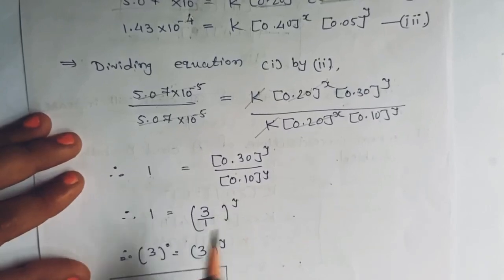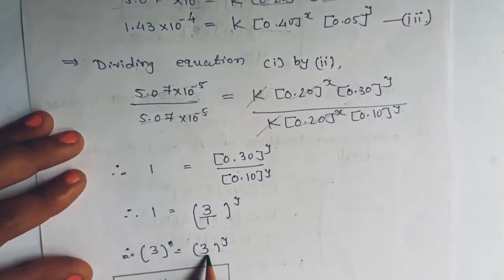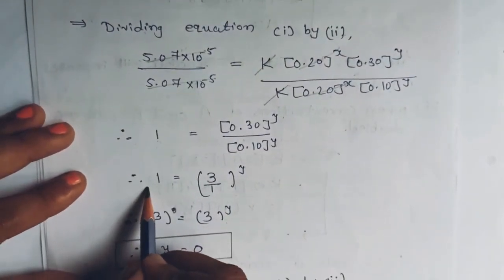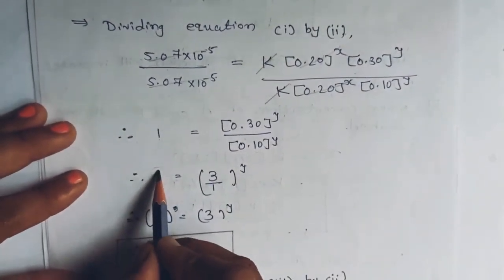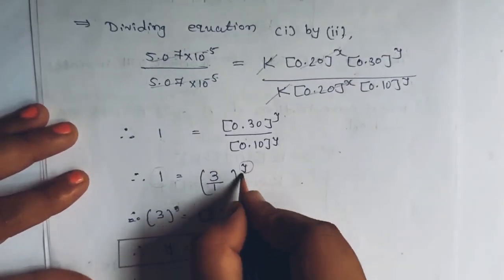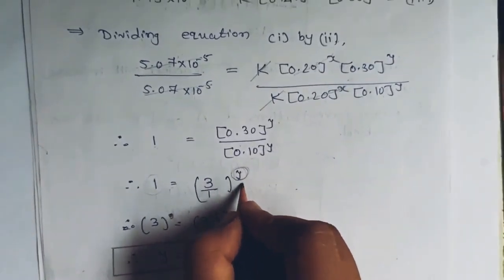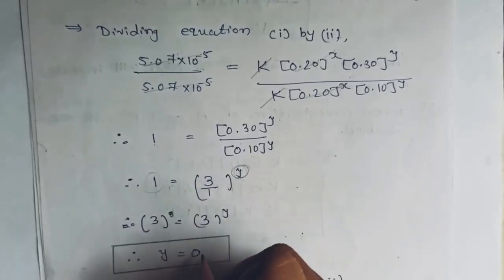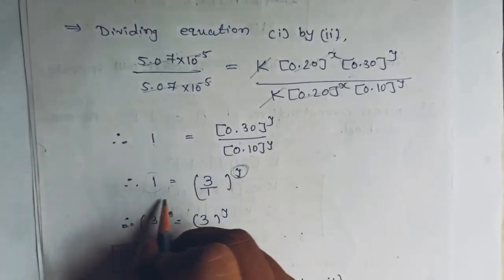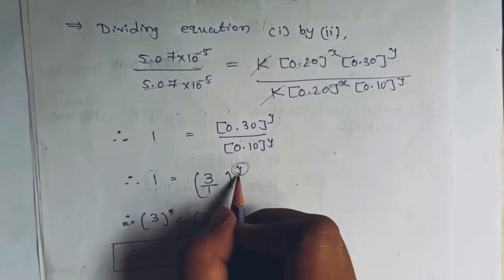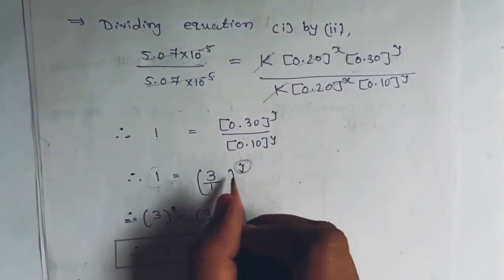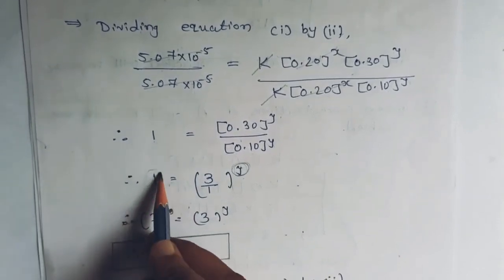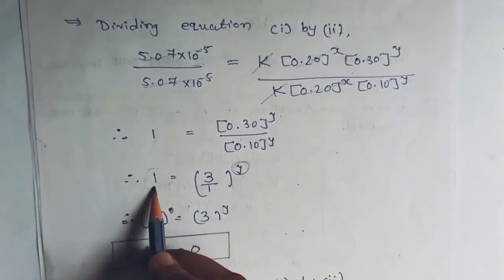so you can write 3 having power y, right? Here you have 3 power y, and on the left-hand side of the equal sign you have a 1, right? Here you have to identify y. It is in the power of 3. If the base is the same, you can equalize the power of that base, right? So we want 3 here, but here is a 1.